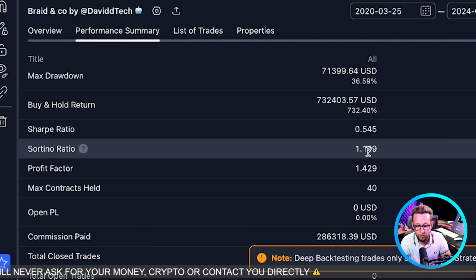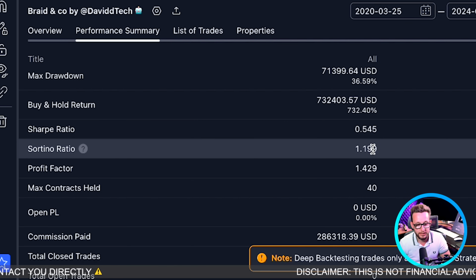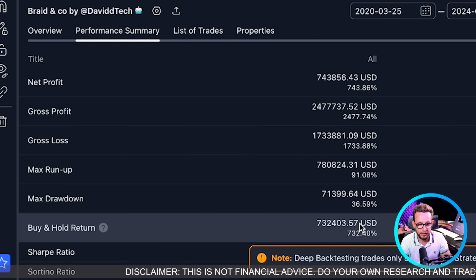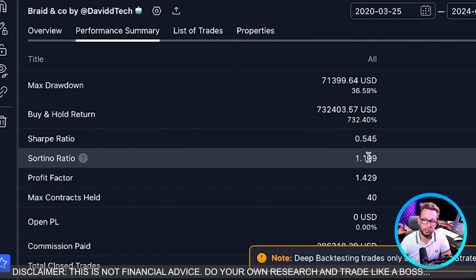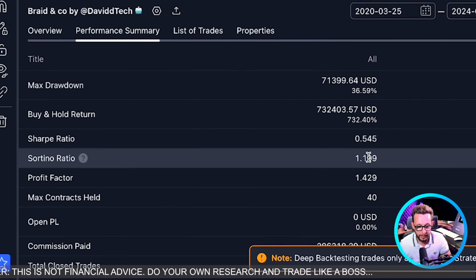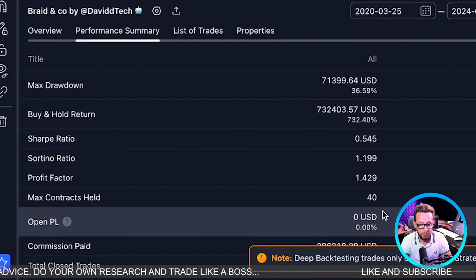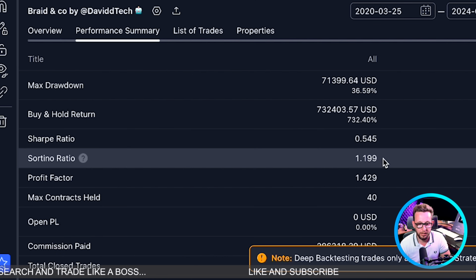Depending on your strategy, a lot of people look for over 5 for a good strategy. But like with the Sharpe ratio, don't over optimize. It's going to be your worst enemy. Take your strategy, build it upon other things like your win rate and things like that. If the Sharpe ratio and Sortino ratio look okay or good, put it into forward testing, which we're going to discuss afterwards. And maybe you'll be better surprised than if you just over optimized until you come up with the